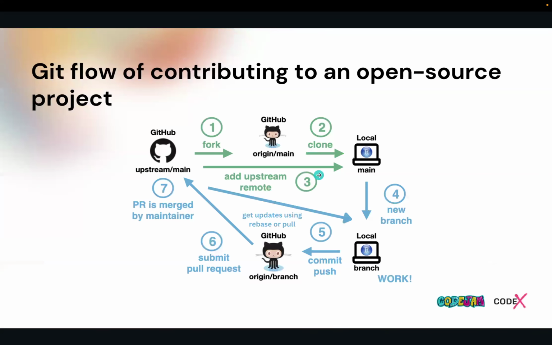So here, we have discussed all the things. We forked the repository, we cloned it, and we added remotes. We added upstream as a remote, and origin was already there as a remote. And we created a new branch, and we worked there, and we committed, and we pushed, and worked with the commits, undoing things, amending, and all the things.